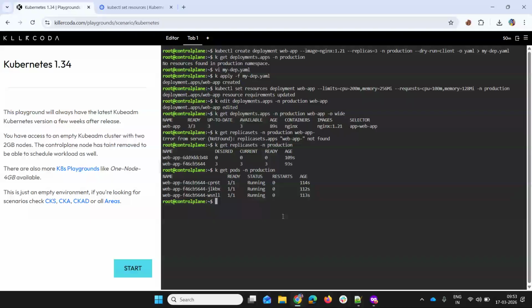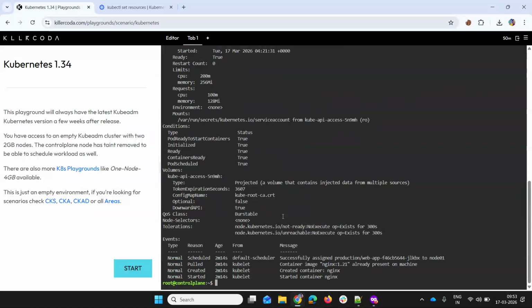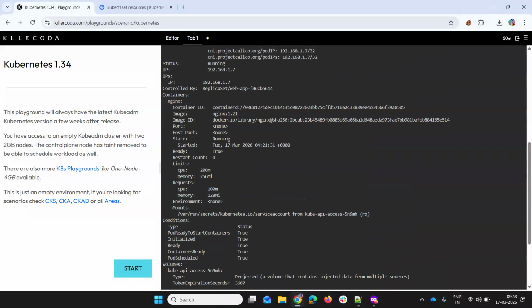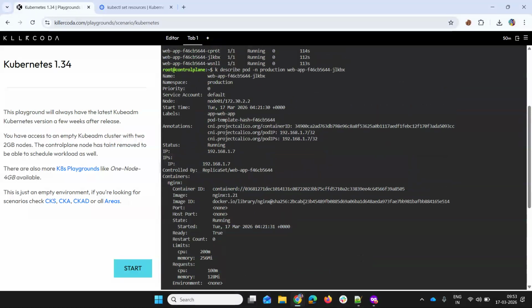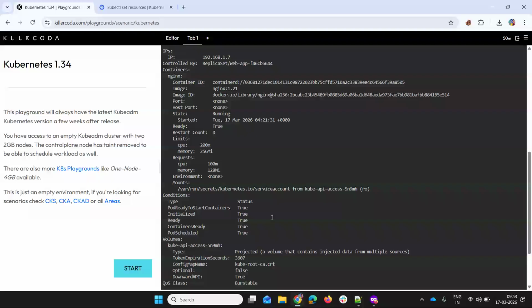you can also do describe pod, hyphen n production, web app. I will just select one of the pods present on the machine. This production namespace, it just gives me all the details, and